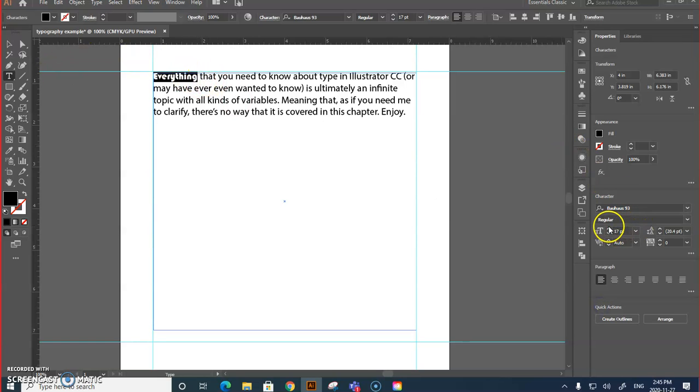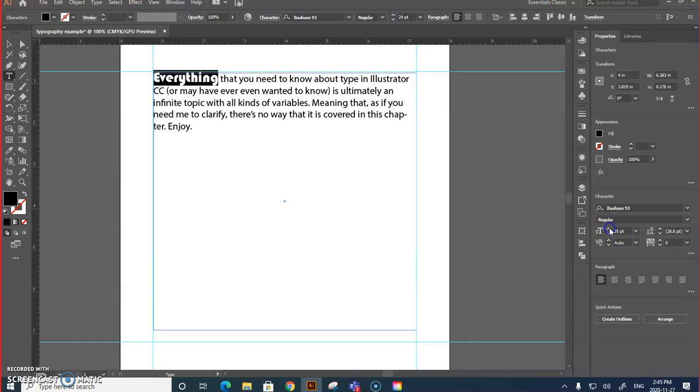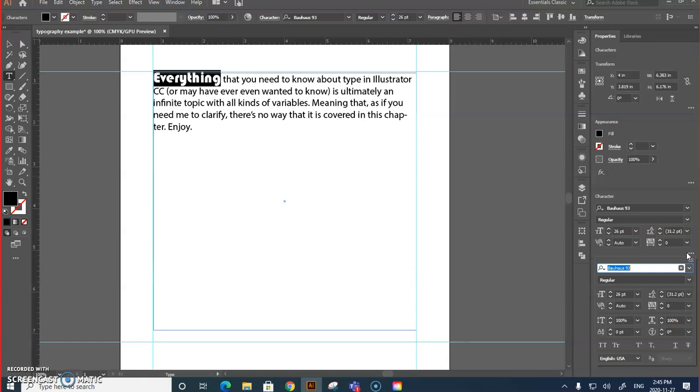and I can change the size of this. In my character panel, I can change the size of that font. Now I don't want to go outside those guidelines. I can change the spacing. I can change those kernels in here, so under more options,